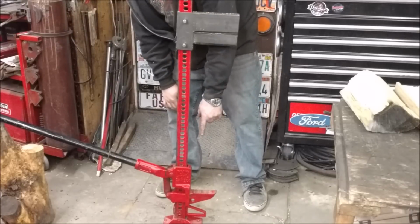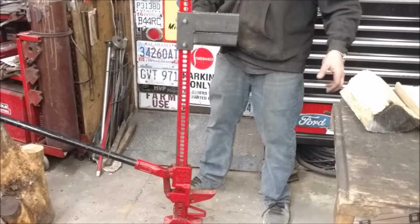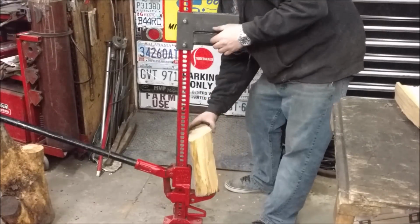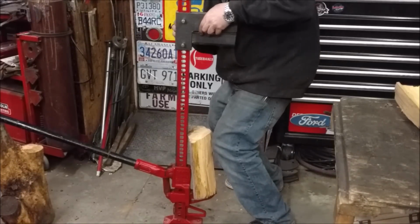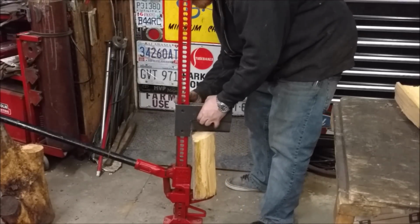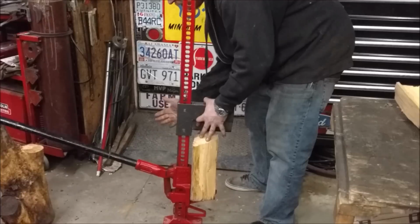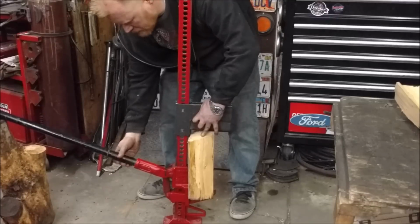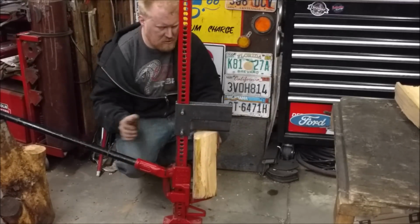The bottom of the high lift jack actually has a bunch of holes, so I could easily bolt this down to a pallet or something else. But I guess I would set this up and get it close so you're not traveling a mile with the jack. It would be way easier if this was bolted down. And then it's just a matter of